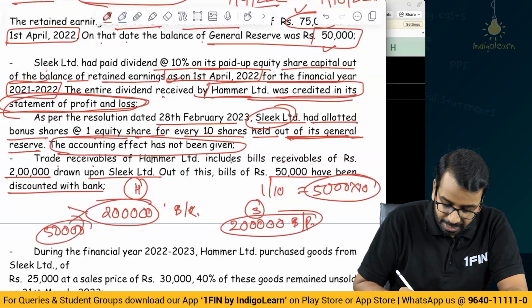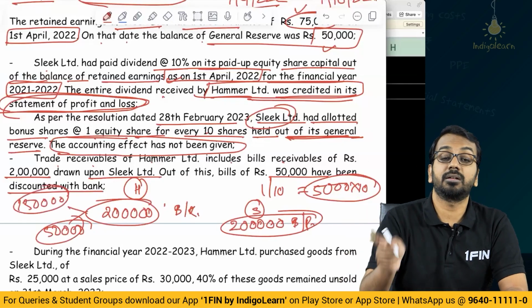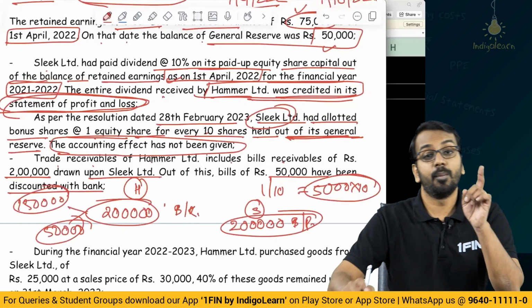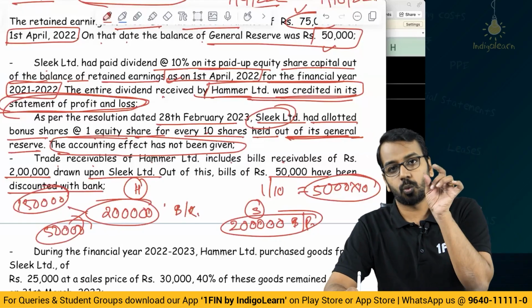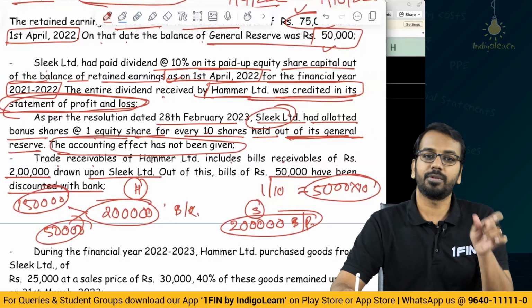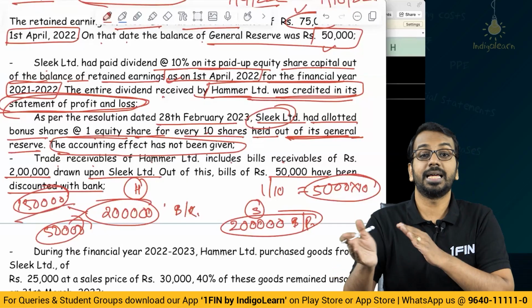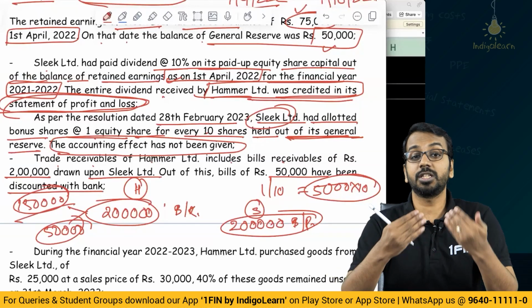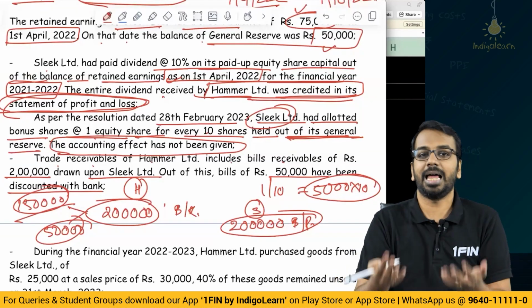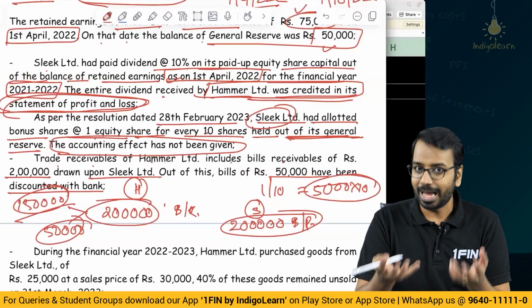the bank and only 1,50,000 is with us, which means subsidiary has to pay the holding company only 1,50,000, balance 50,000 has to be paid to the bank. So what is the amount we will eliminate, or what is the amount we will adjust? We will adjust only 1,50,000, that is between the companies. The 50,000 which is payable to the bank is a liability to outsider, and that liability has to be shown